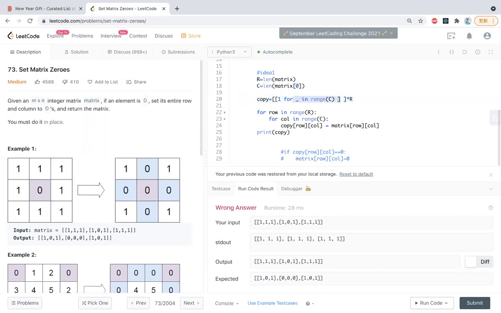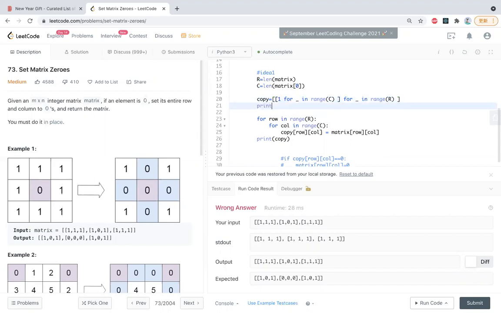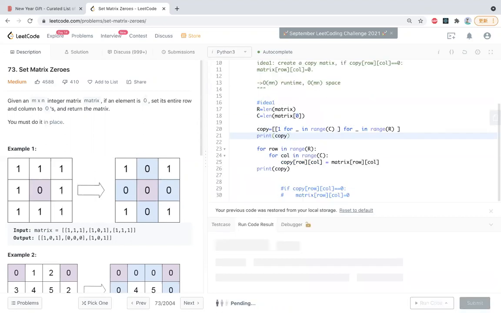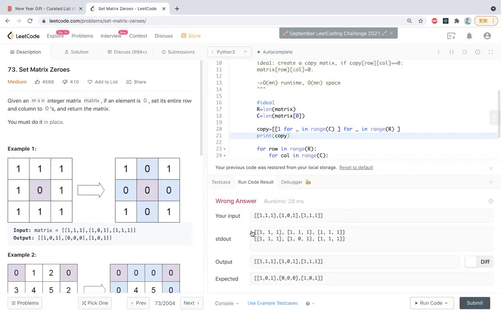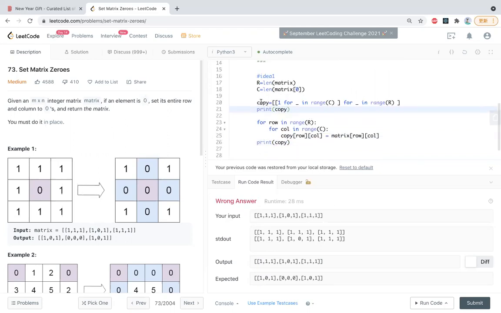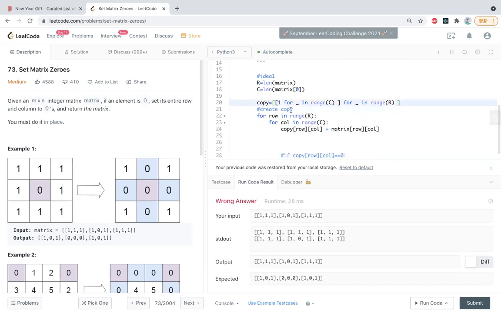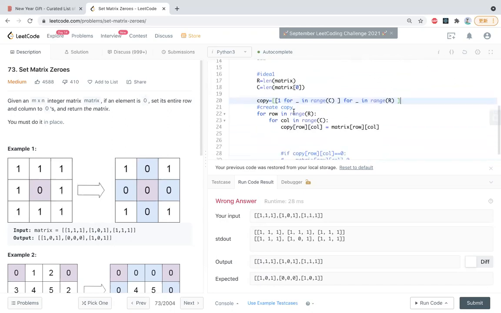Create a temp row, and then do the for nothing in range of row, and let's print to make sure we have copy. Yeah, so we start with the copy. We start with the dummy copy matrix, and then after that we update, we actually create a copy. Okay, so it seems working. So we have done the initial setting, and then finally,